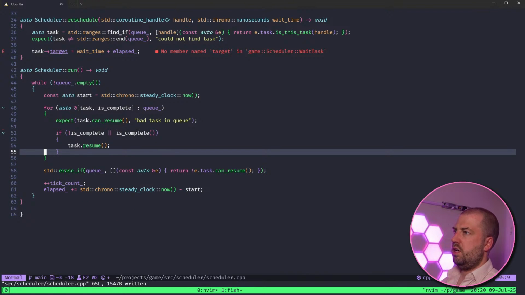Is that right? If I don't have a completion handler, i.e. I'm not waiting on anything, then resume. Or if I do have it, and it is true, then resume. Oh, use the OR keyword. I don't know if I'm ready for that. Oh yeah, so it's a...